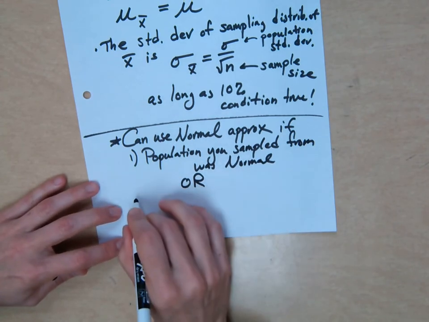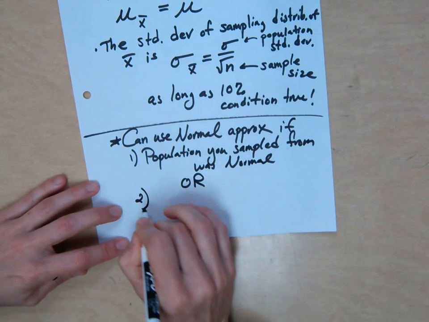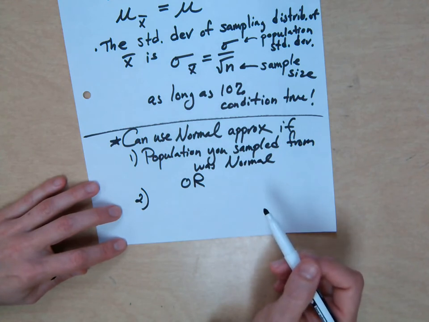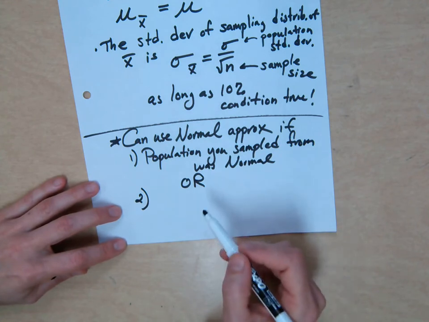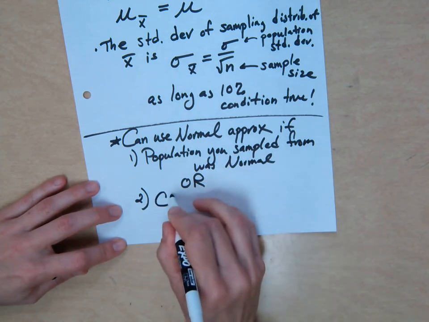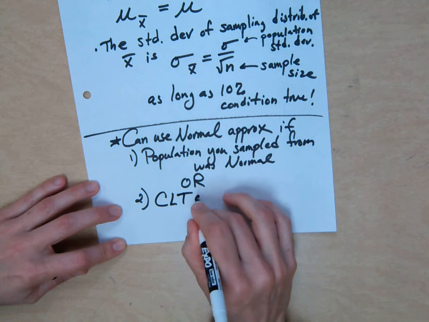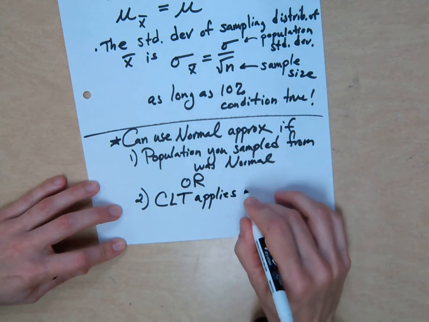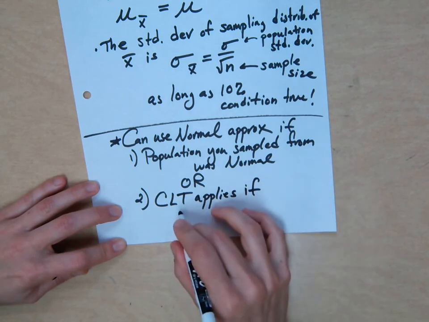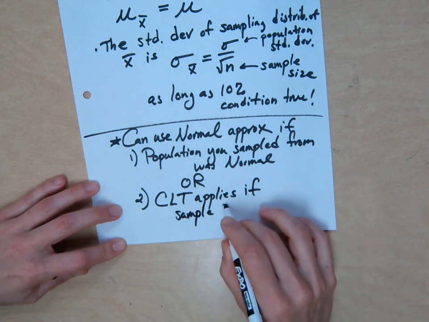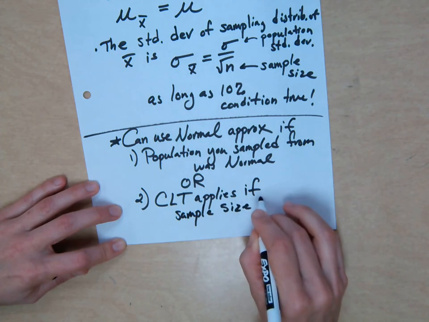If your sample size is big enough, then the distribution of sample means is going to be normal, even if the population that you sampled from was not normal. So the central limit theorem applies if sample size n is greater than or equal to